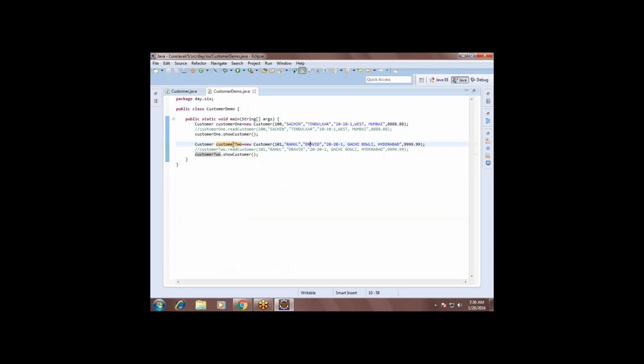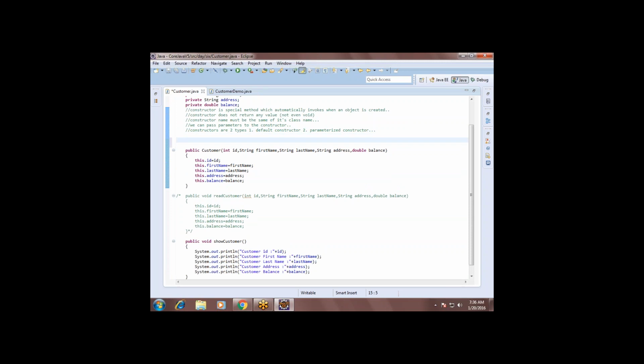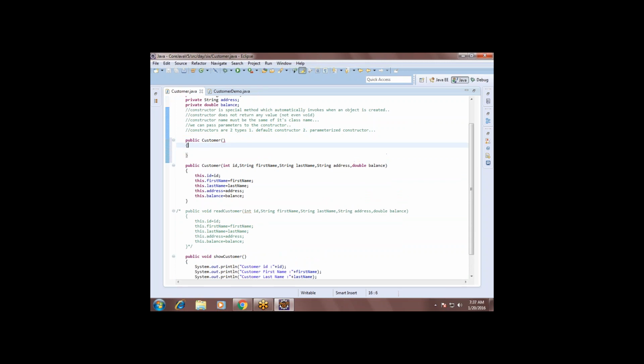At the same time while the object is being created. And what does default constructor mean? Without a parameterized constructor, you can also write another constructor called Customer without parameters. This is called a default constructor or zero parameterized constructor.